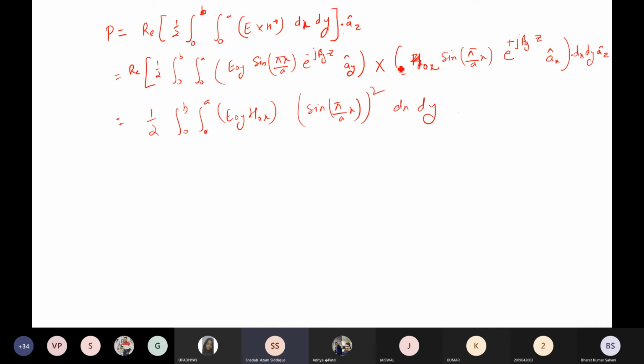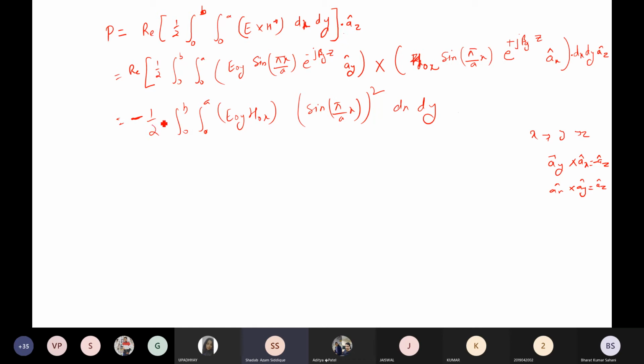This is ay cap cross with ax cap, ay ax cap, that will be minus az. So that can be written as a minus component with the az, and that will be multiplied with this one. So I'll take a minus sign somewhere here, or you can say outside. See, ay, ax. If you take x, y, and z, now if you take the cross product ay cross ax, you'll get minus az. If you take ax cross ay, you'll get az. Ax cross ay is equal to az. So minus sign will be there.